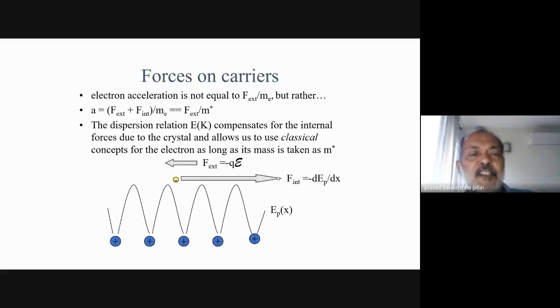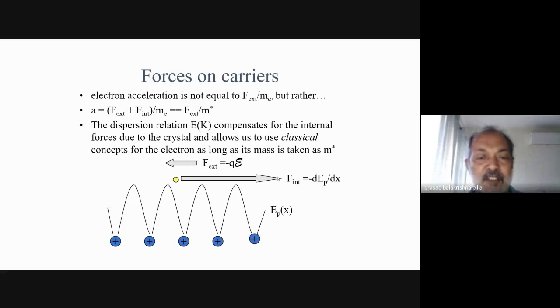So the important thing is that electrons are not accelerated by the external force alone, but by a combination of forces. So you can define the acceleration in terms of m star. Very often the mass of the carriers within the material is denoted as m star. So we can use the classical picture so long as we introduce the concept of effective